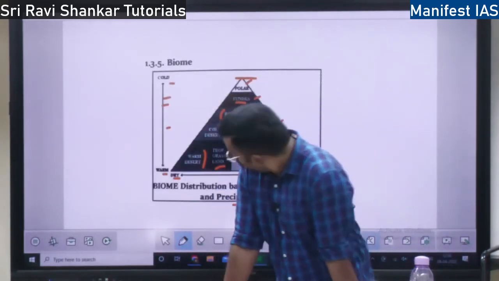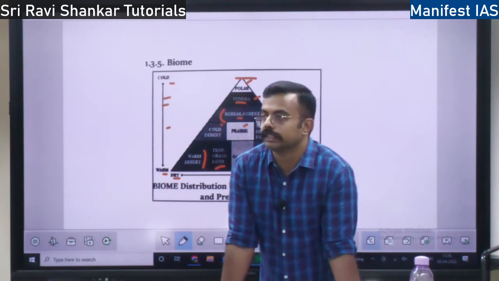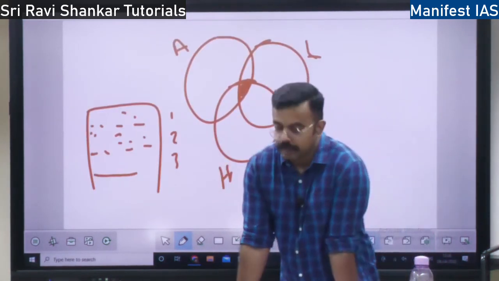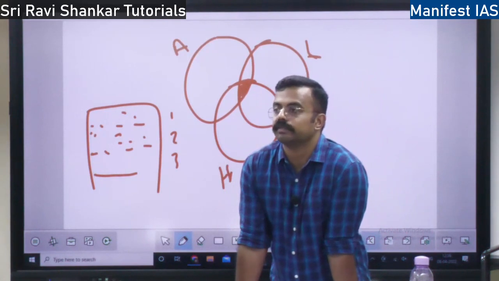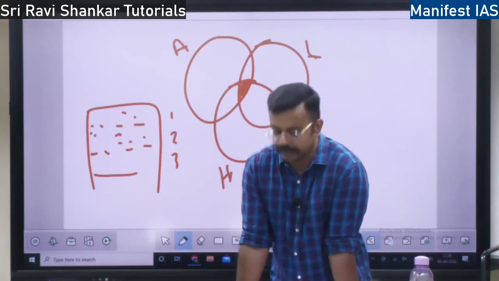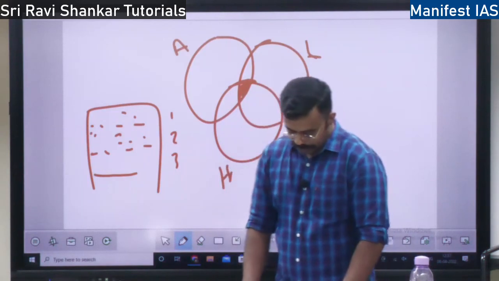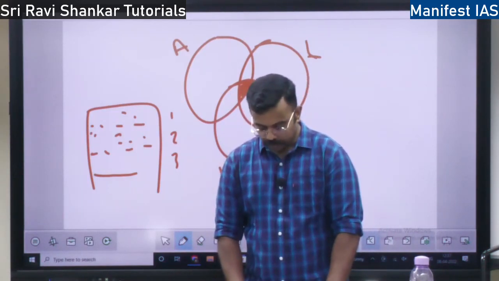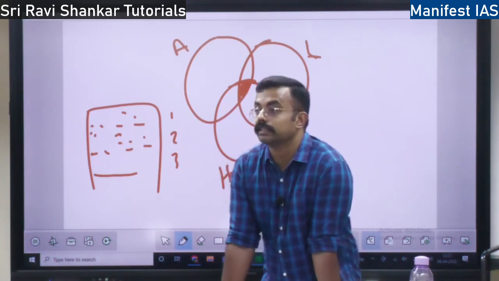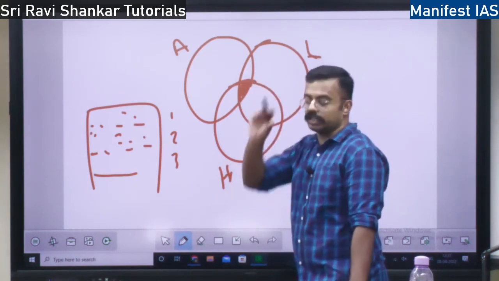Then we will talk about the biosphere. The biosphere is where there is a mixing of those three things I told you in the diagram. So the biosphere is where life exists. Life exists only in the biosphere. It is a narrow layer. What do you mean by narrow layer? It is not wide. See, these are very wide, whereas the biosphere is an intermediate, very small layer.